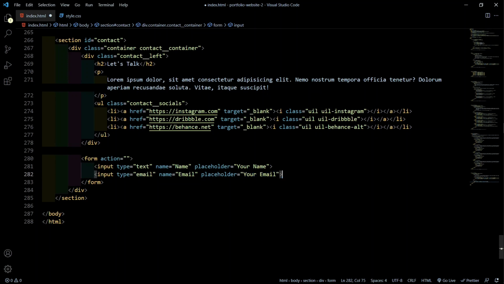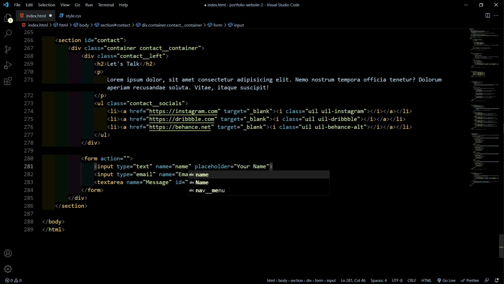Next, we are going to have the message itself. Okay, so the message here is going to be a text area. The name here is going to be message. Let me just make this lowercase instead. So this is going to be name, email, and message. Okay, now this is not going to have any ID, but we are going to have rows. We are not going to have columns as well. We are going to have rows, and this should be 6 rows. 6 rows should be good. I'm going to have a placeholder. This is going to say message,